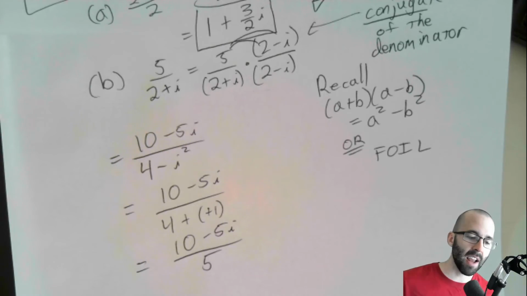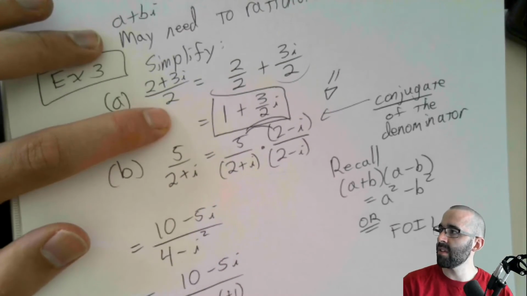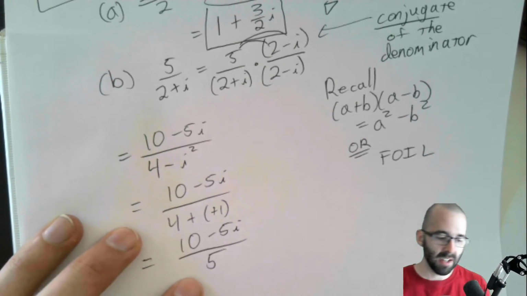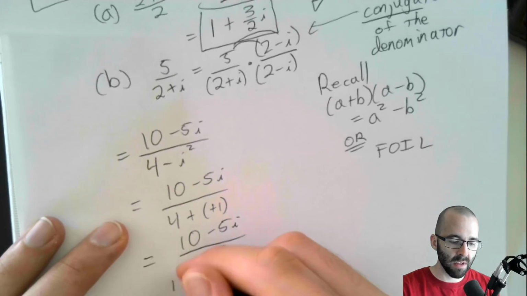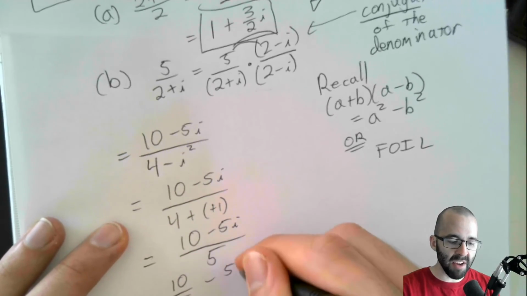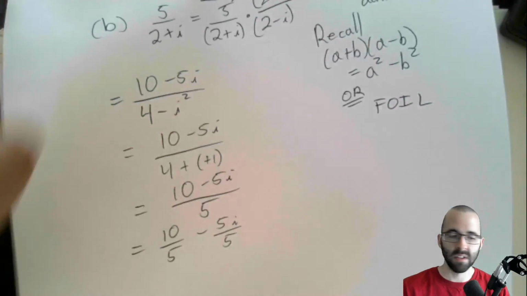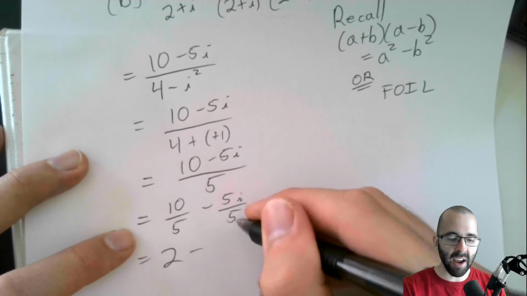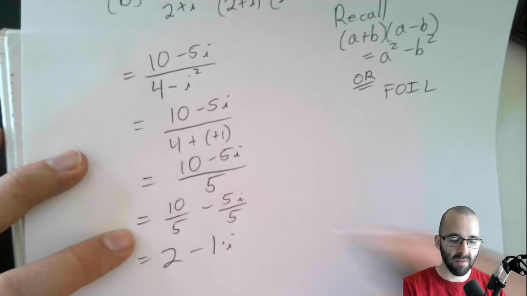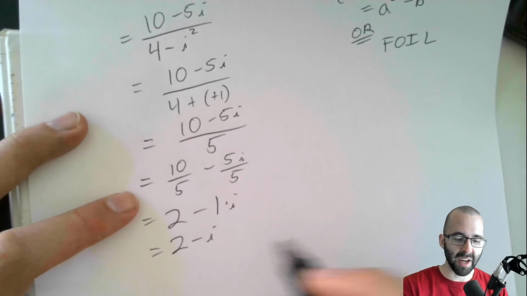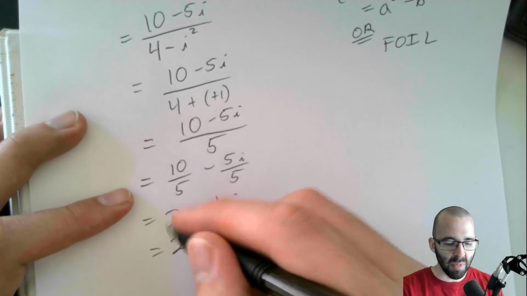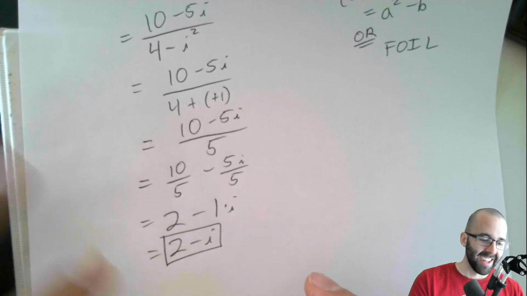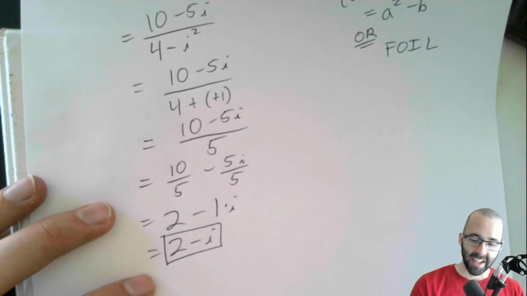This is just like part A, right? A complex number divided by a real number. We can split this up because now the subtraction is in the top. So this is just 10 divided by 5 minus 5i divided by 5. Or just 2 minus 5 over 5 times i. Usually we'll just write 2 minus i. We usually don't write 1i. I would take either one. Either one. Goodness. That's how you do something like part B.